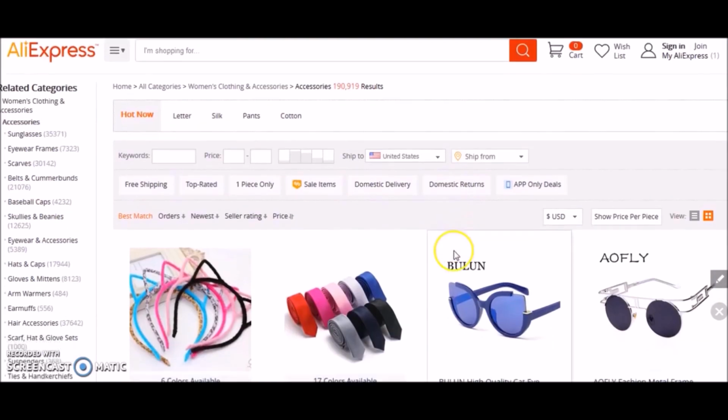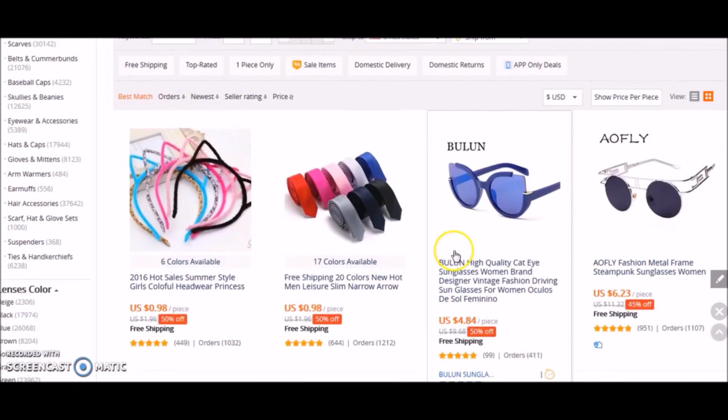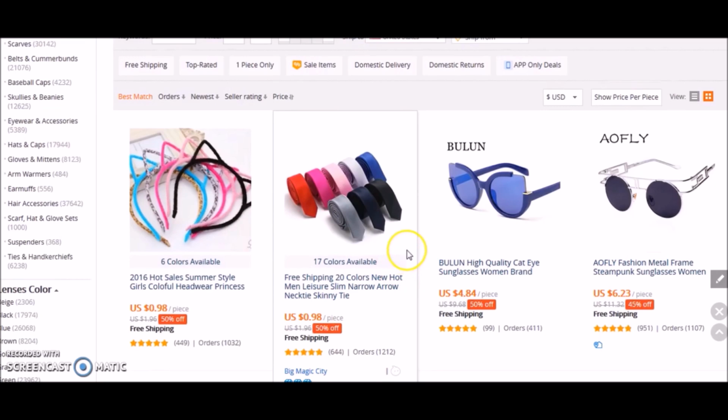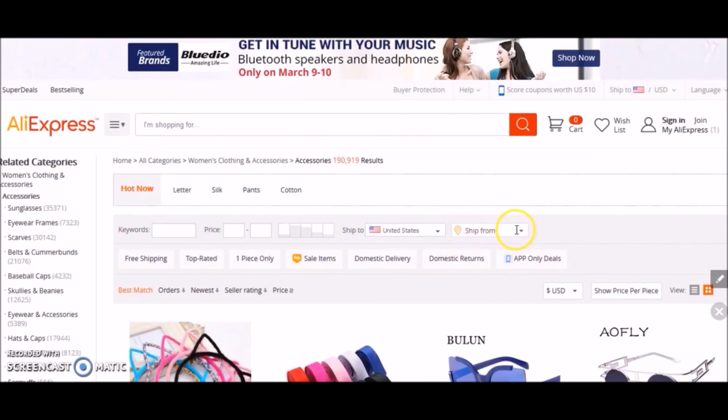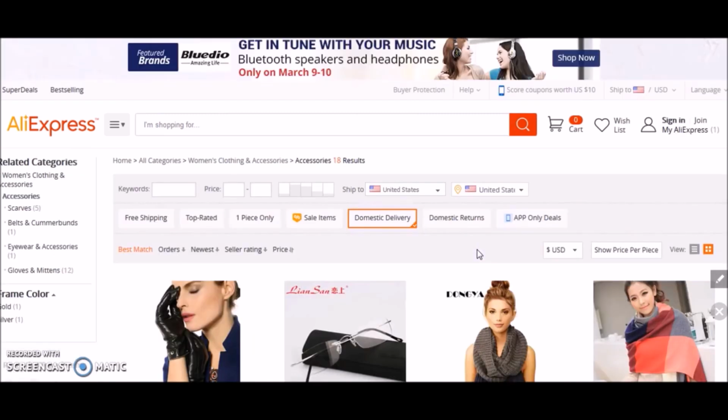And like I said, products are not only going to get more expensive. Here's 98 cents for a women's necktie. Not only are products going to get more expensive, but the selection is going to go way down. So what we're going to do here, where we can sort or add additional features, we want to ship to the United States, and normally stuff is coming from mainland China, but you're going to click the US flag for domestic delivery. Now we're also going to click free shipping,